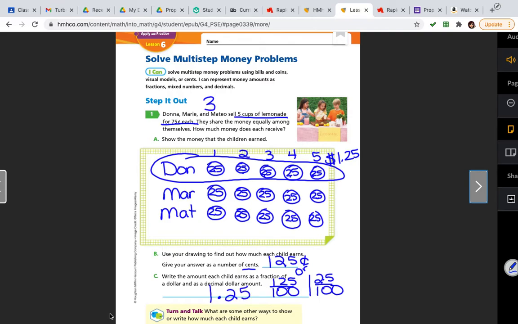1.25. So anytime we write the decimal point, that's like writing the dollar amount, okay? So if they ask us to write cents, we don't put a decimal. So cents, no decimal. When they tell us to write a decimal, that's like writing it in the dollar format. Okay? So on the next page,